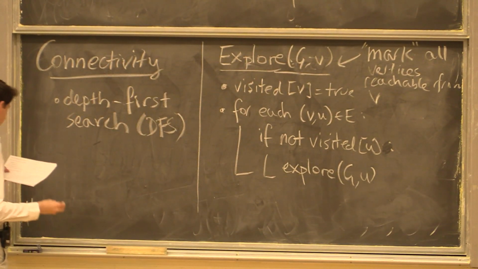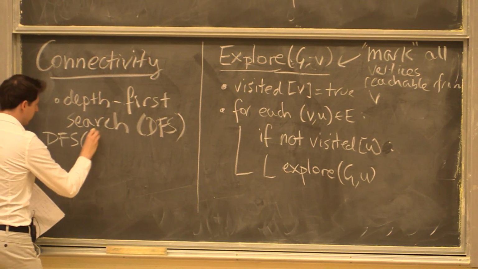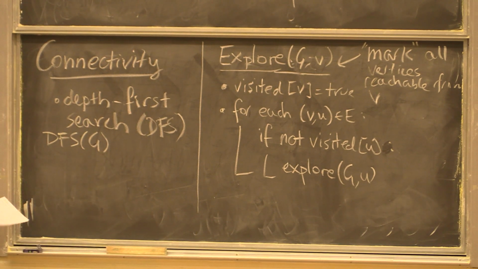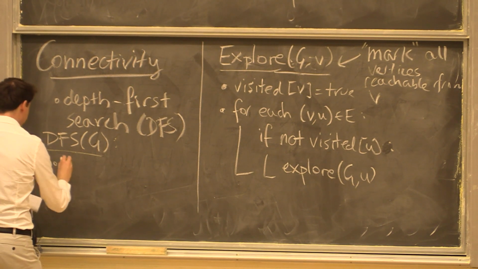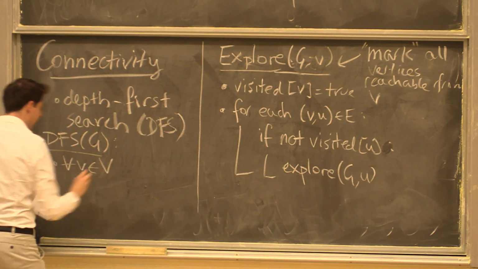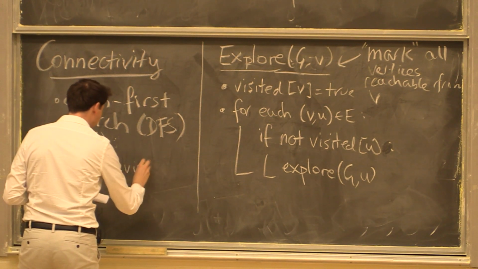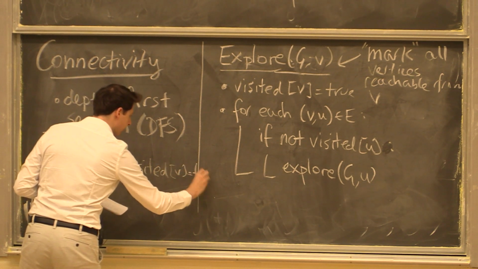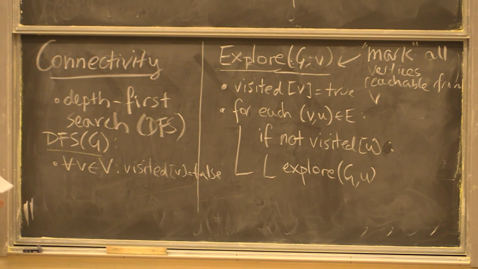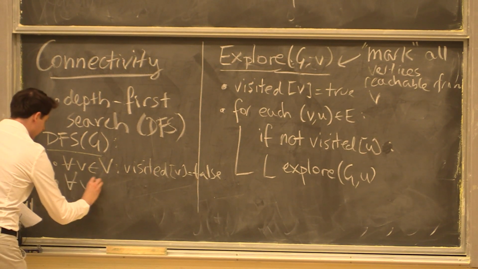And say, what is the algorithm DFS? Okay, so DFS takes as input just a graph, no vertices, it's just a graph, okay? What does it do? First it says, for every v in the vertex set, you're first going to set the visited flag to be false. So you just initialize an array of false visited flags, right? And then for every v in V,